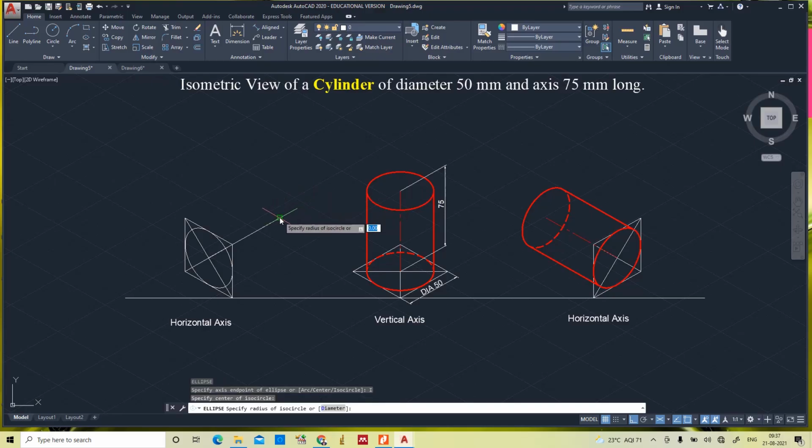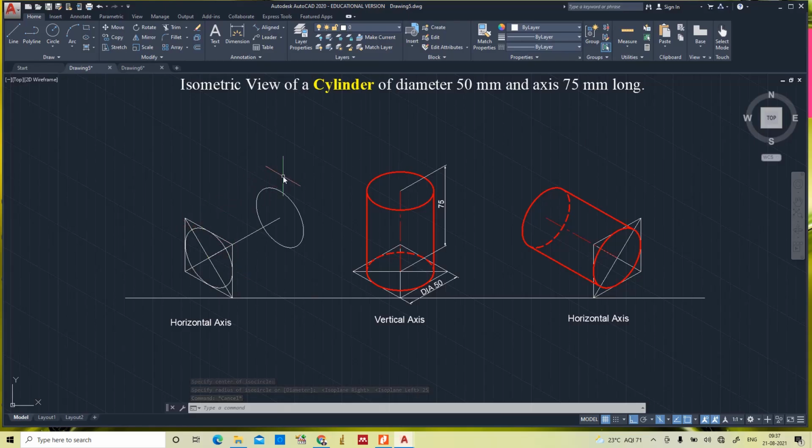This one will have the back base or rear base, ellipse, isocircle I, so specify center, 25. As I said, now from this point to this point will draw the generator, 75.